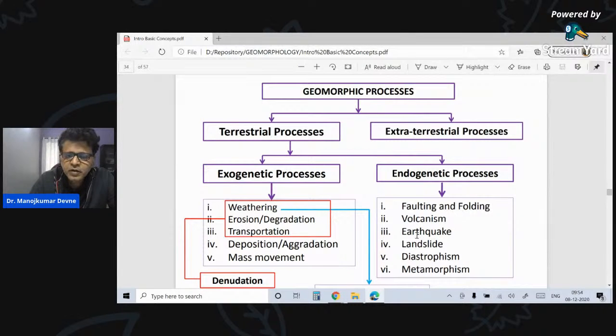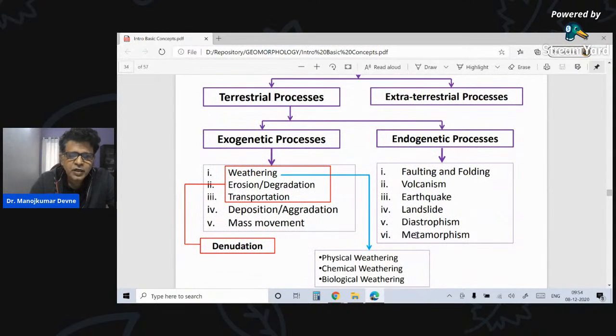Once these form, the volcanoes when they erupt, earthquakes when they occur, landslides when they happen, folding and faulting when they are observable, then you will see that on these start happening what are called exogenetic processes. Now, what are exogenetic processes? There are 3 basic types: weathering, mass movement, and erosion. However, some scientists do not agree with erosion as a separate process. They say that it's one of that process, and thus some of them say that erosion, transportation, and deposition need to be included in that.